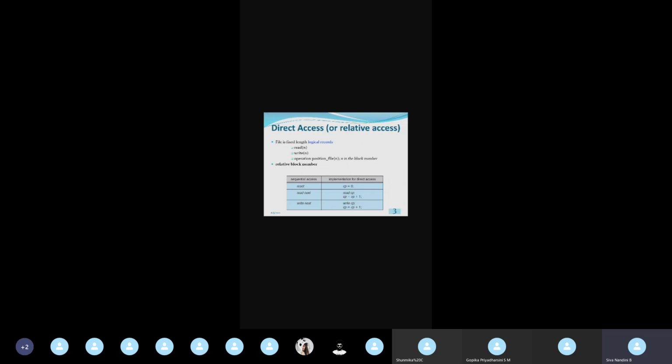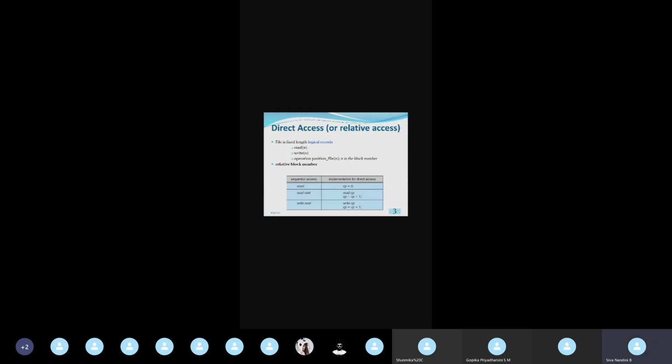In direct access, from 53 we can directly go to position 60 and access the data. Accessing the data means we can either read the data or write the data. So in direct access, that particular location is accessed directly.